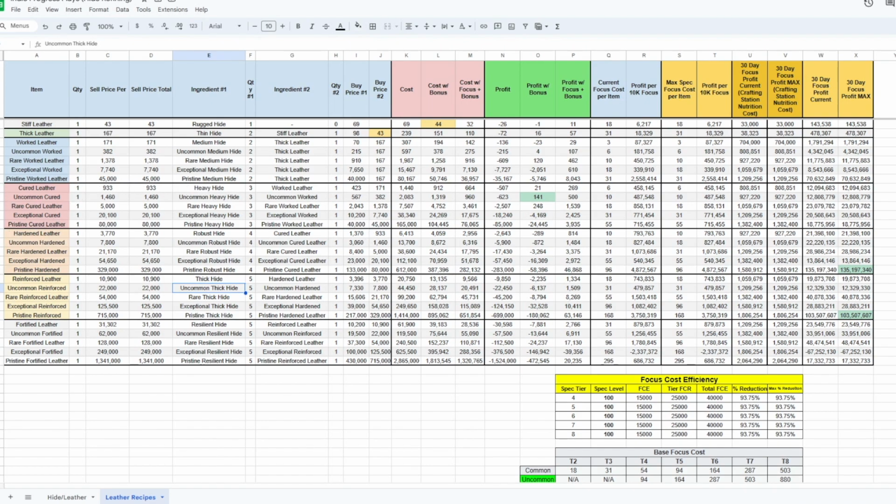And I'll just take pristine worked leather, for example. This is showing 40,000, but I could easily get it in Bridgewatch for 35,000, which would put me over the 100 million mark anyway. During the hide gathering time, I was getting these for 28,000. So if you did that in stockpile, you can get over